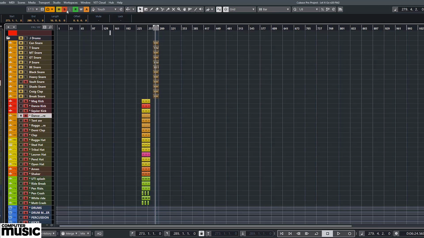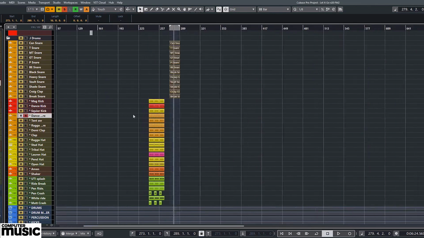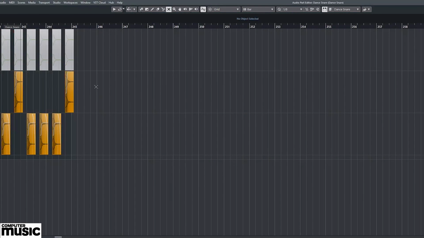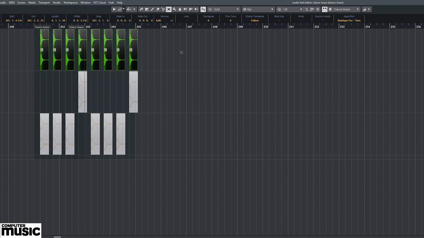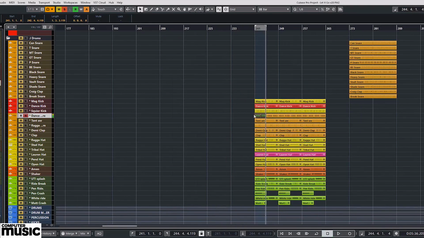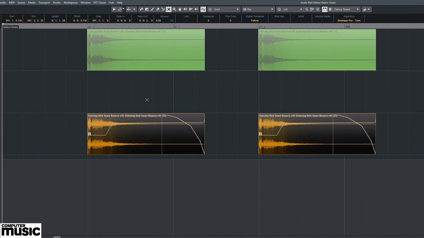When we bounced all that down, that becomes that. So that's our combination of 10 or so layers. And what we've done with that is, this green one up there is just the dry sample. This one down here is the dry sample, but I've